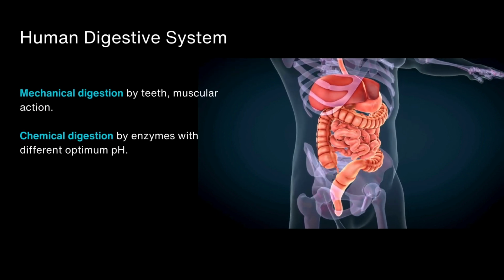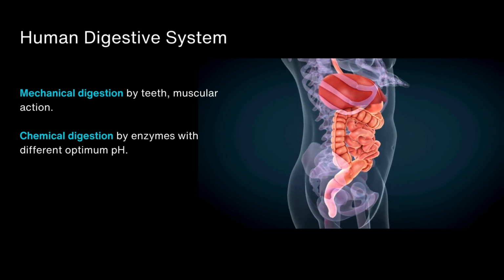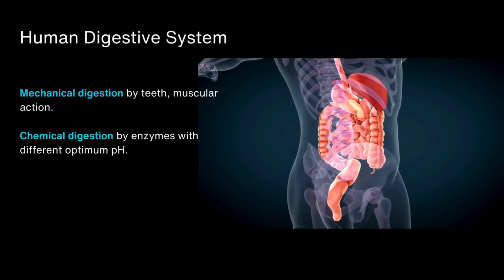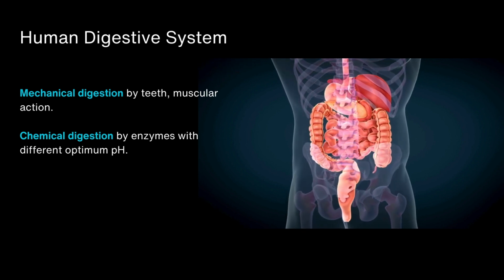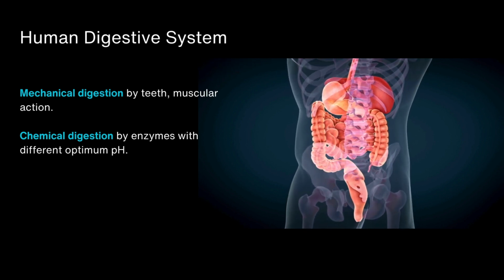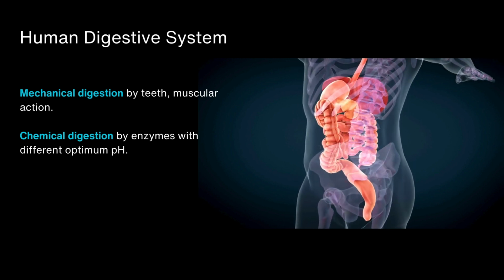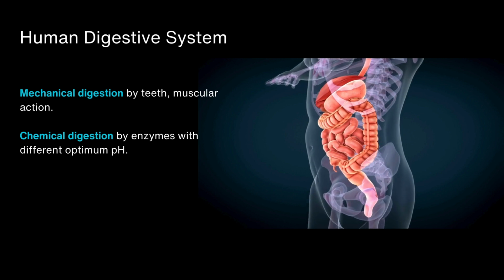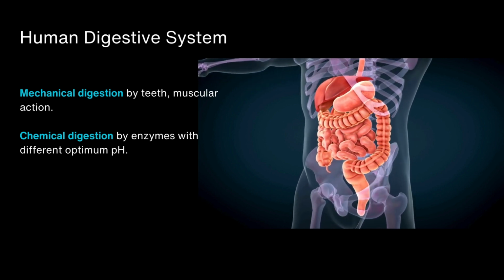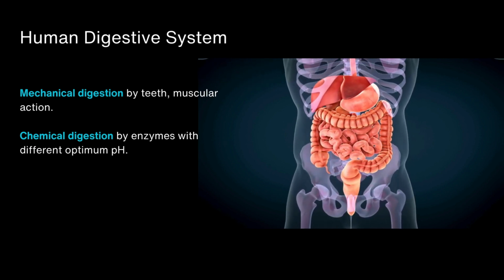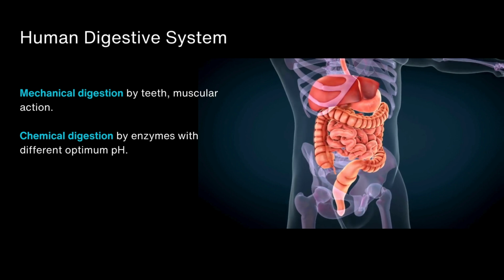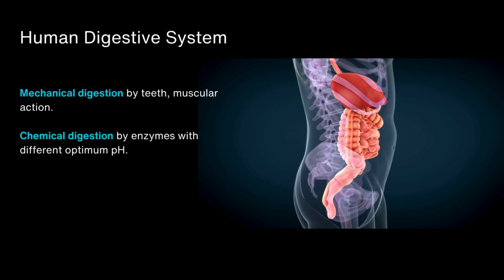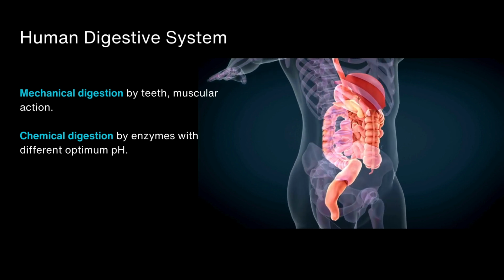In terms of breaking down the food, or digestion of the food, remember that digestion is the process where large insoluble molecules are broken down into smaller soluble molecules so they can be absorbed. This takes place via both mechanical digestion, which can be done by the teeth, or muscular action in the stomach. It also involves chemical digestion, which can be done by enzymes, which all operate with a different optimum pH in